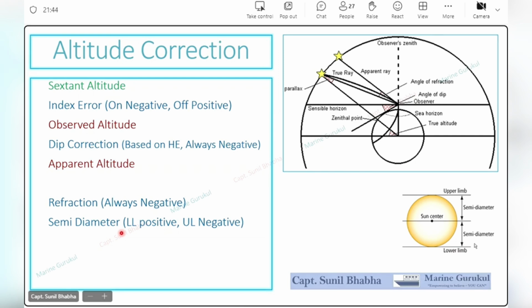Now when we take the altitude of a body, the altitude is taken with reference to the center of the body. Now we are not able to see or pinpoint the center of the sun or the moon. What we can identify and observe is either the lower part of the sun or the moon, which is known as the lower limb, or the upper part, which is known as the upper limb. So when we are taking the altitude of the sun or the moon, we take the altitude of either the lower limb or the upper limb of the sun and